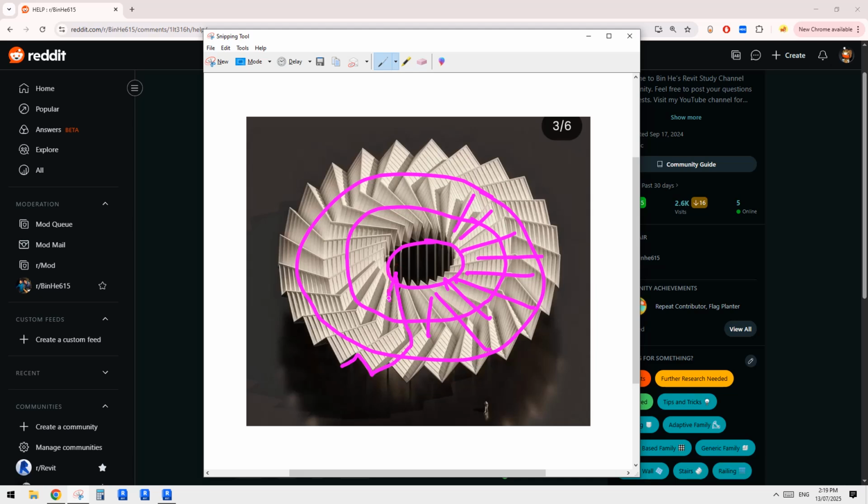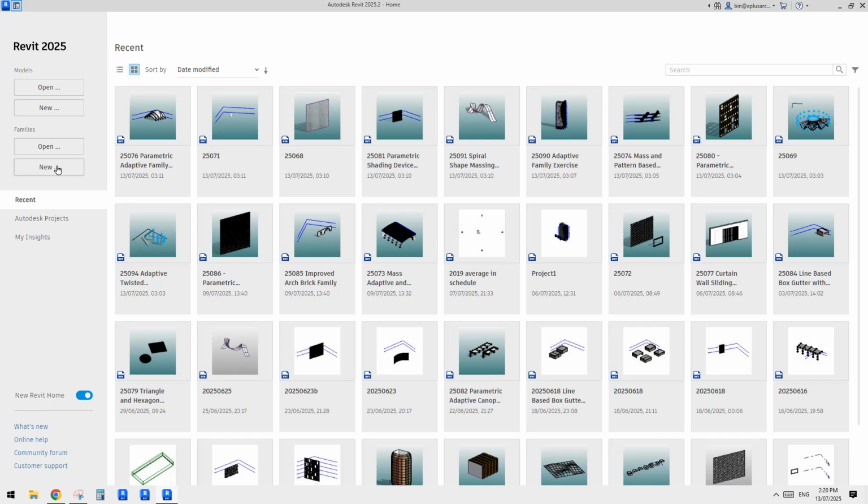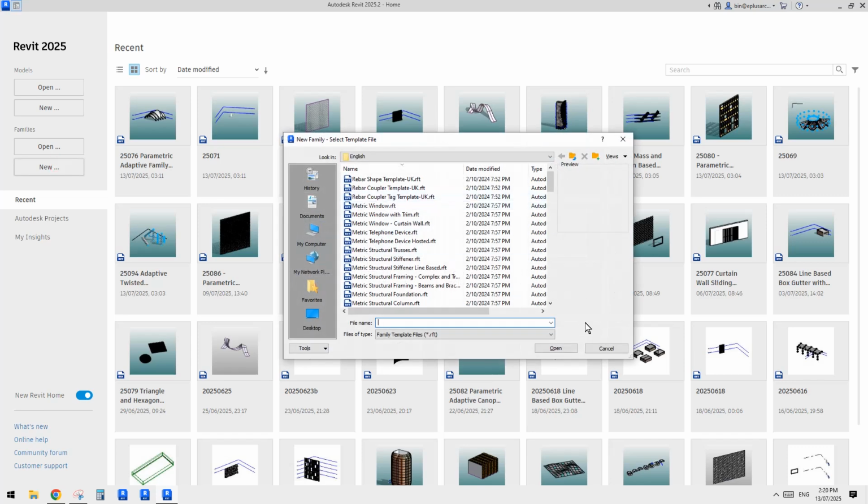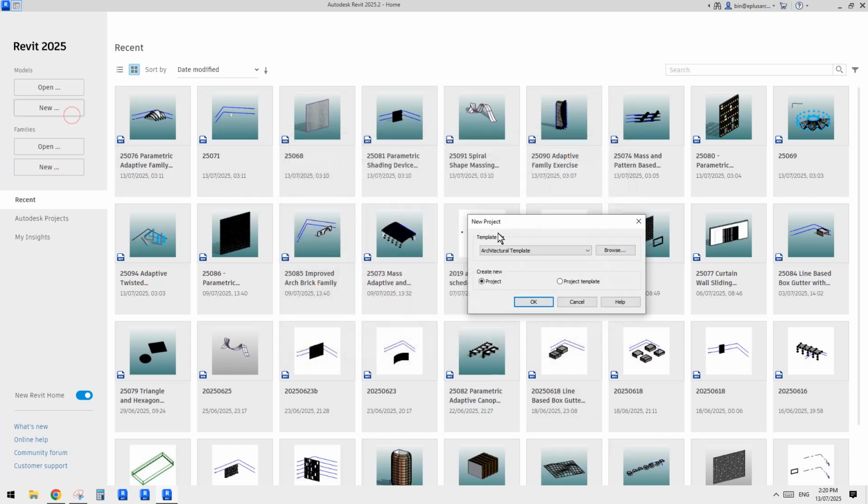family with 6 adaptive points. Okay, and then we just place them like for example here, and then we might need to offset the third and fourth point, and then fifth and sixth points. Okay, so and then repeat. Okay, so let's start. So first I'm going to create a